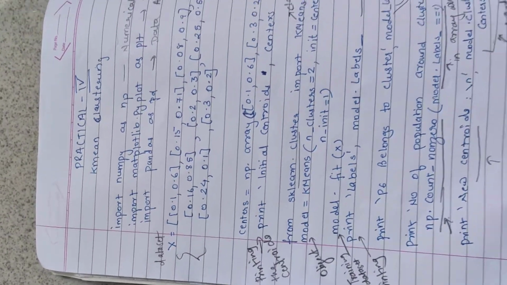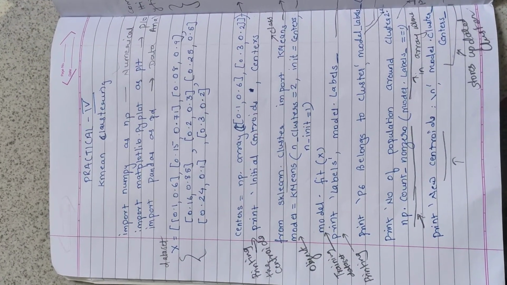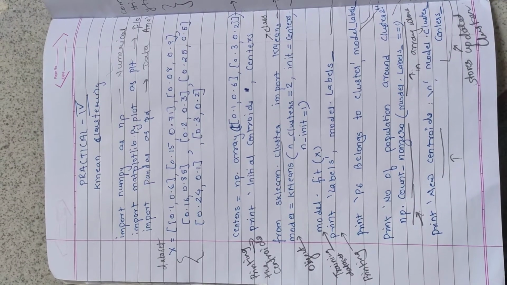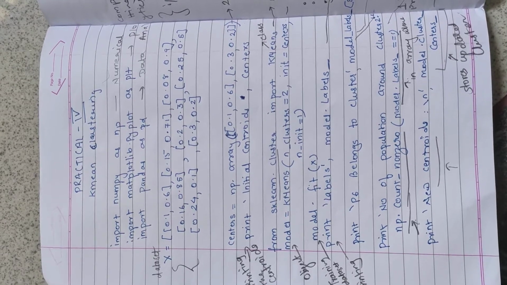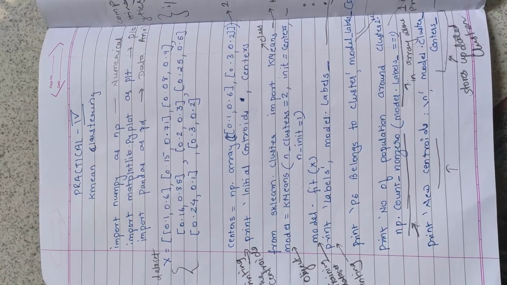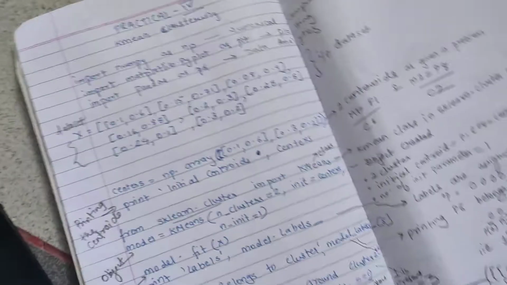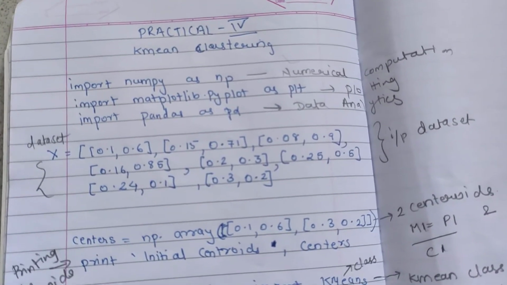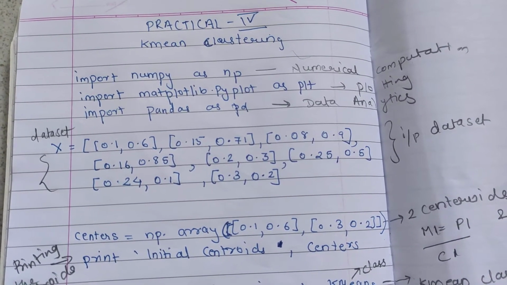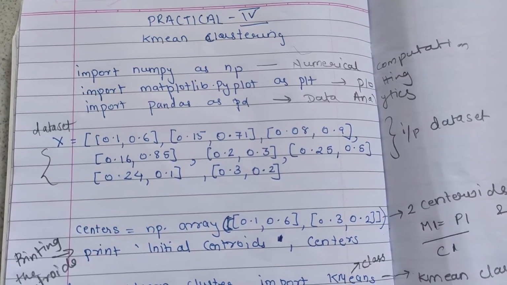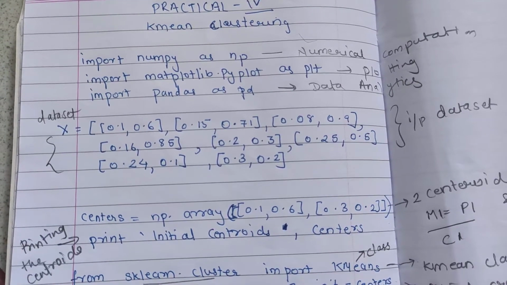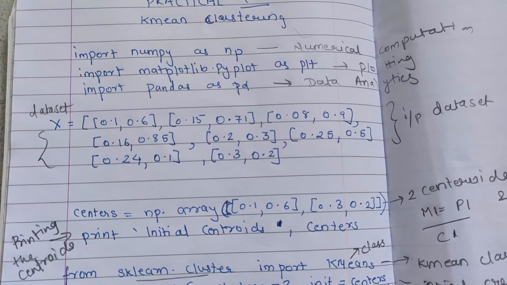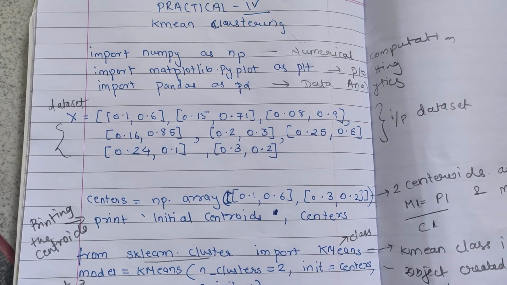So how we are going to start is, we import the packages NumPy, Matplotlib and Pandas: NumPy for numerical calculation, Matplotlib for plotting the graph, and Pandas for data analytics. After that, we take the x value. To the x variable, we are going to take all the instances that are there, that is, the P1 value, P2 value and so on. We input them in the variable x, which will act as the input data set.